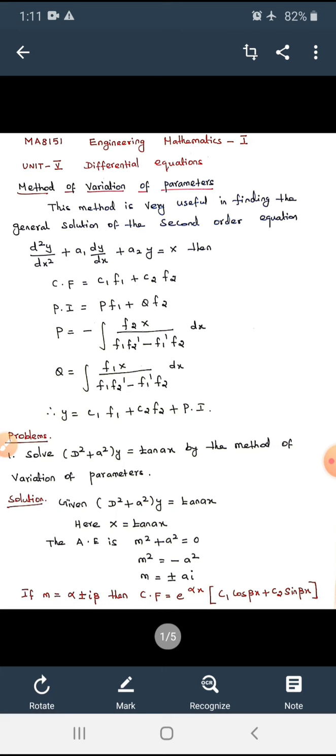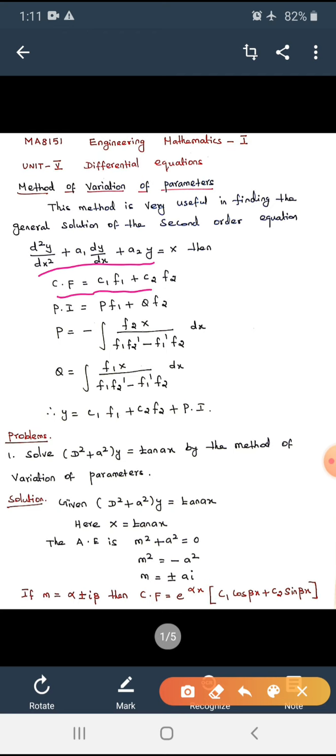The second order differential equation will be of the form d square y by dx square plus a1 dy by dx plus a2 y is equal to capital X. This equation will have the solution y is equal to complementary function plus particular integral. The complementary function for this type is CF is equal to C1 f1 plus C2 f2,